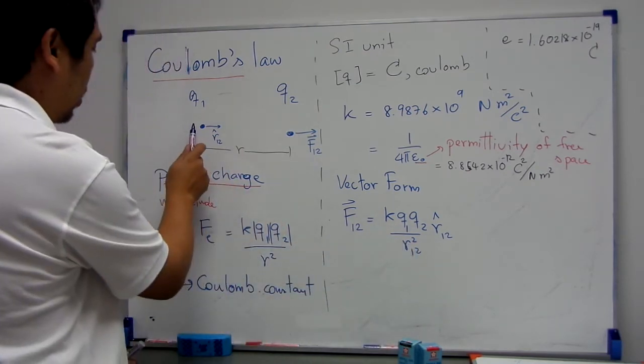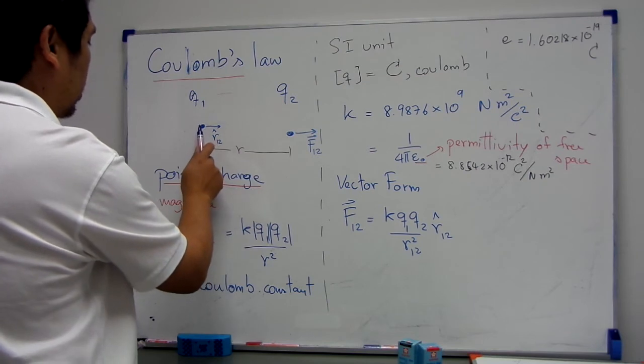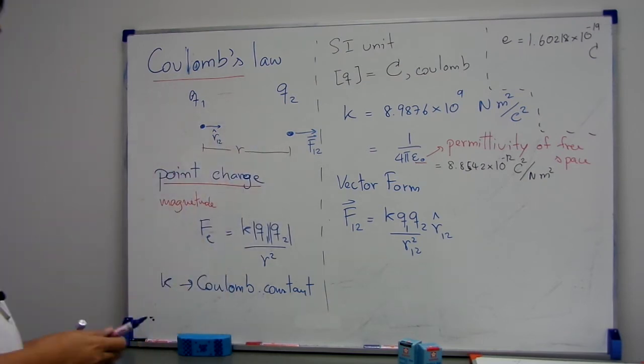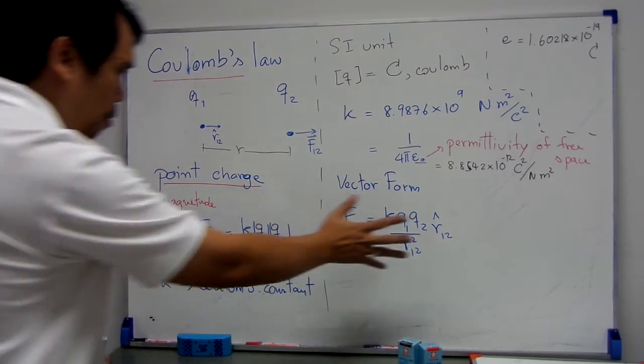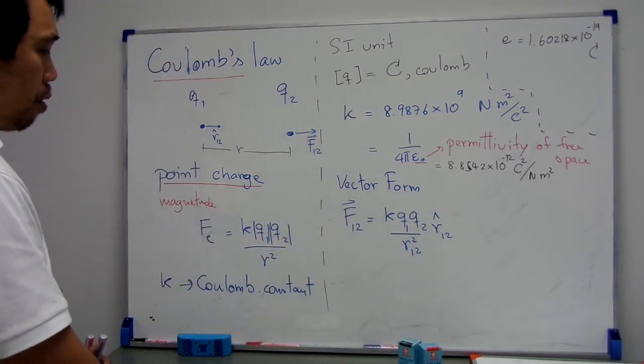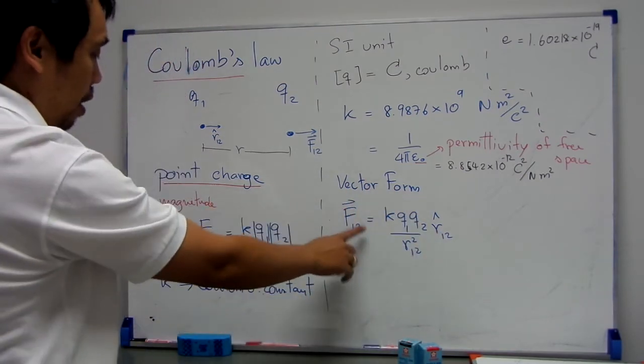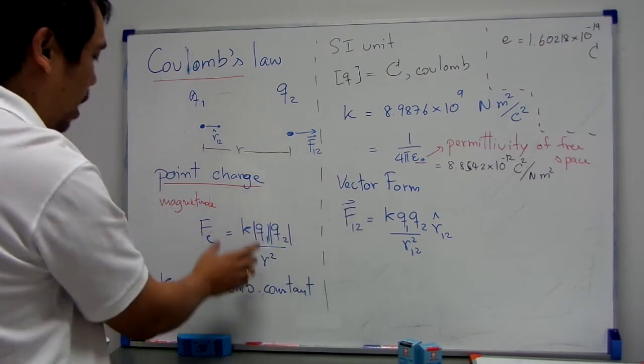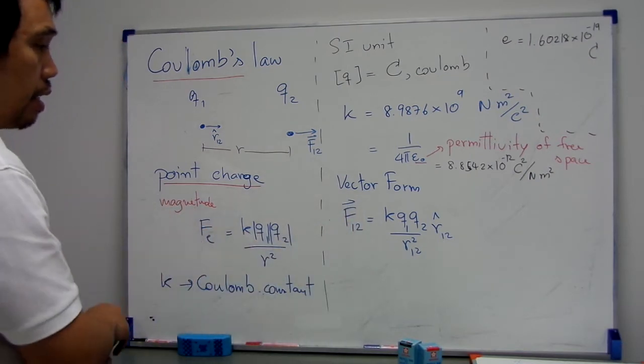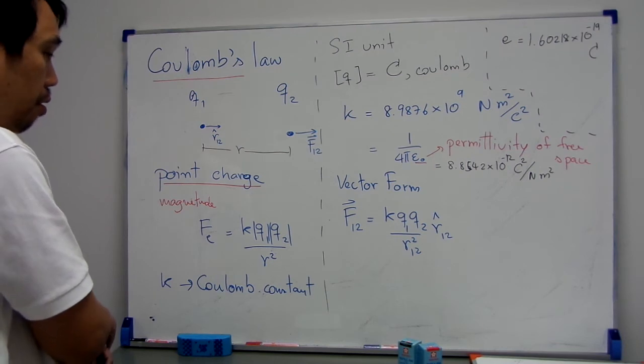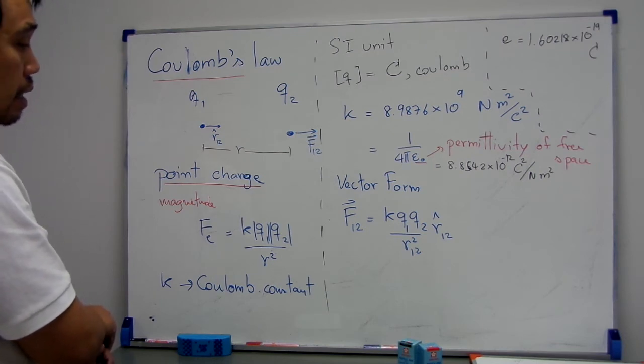R12 is equal to the distance from charge number 1 to charge number 2. So this is the vector form of Coulomb's law. You can see that this vector form includes both the magnitude. The magnitude of this F12 is equal to this Fe. And it also includes the direction of the force